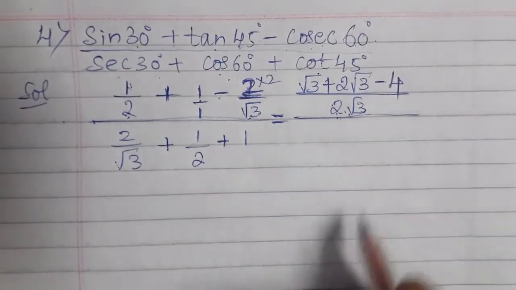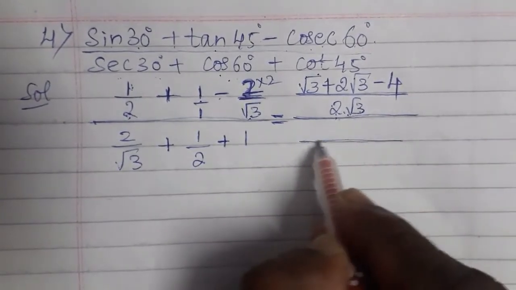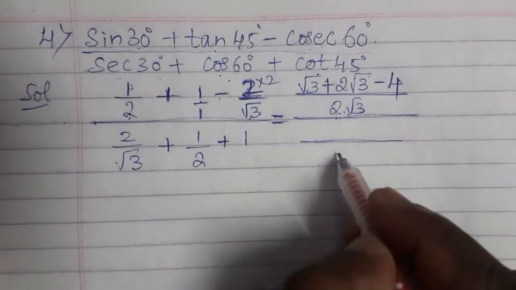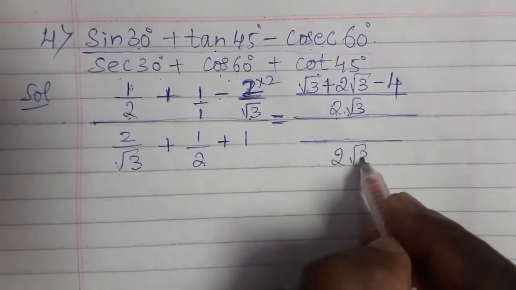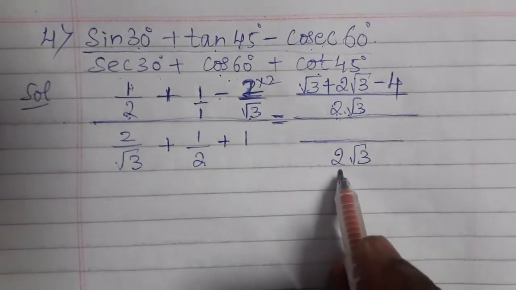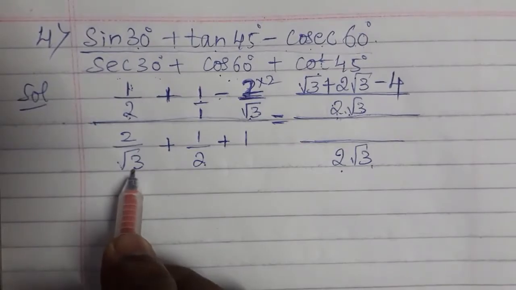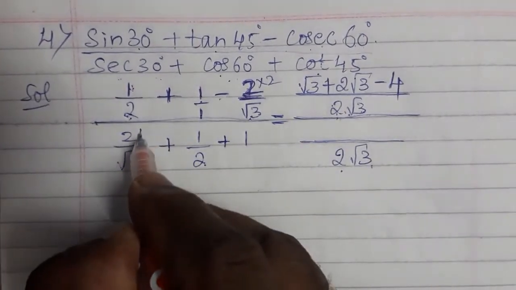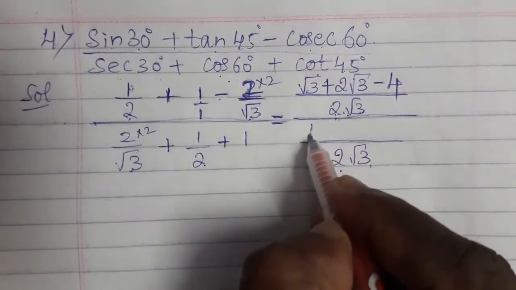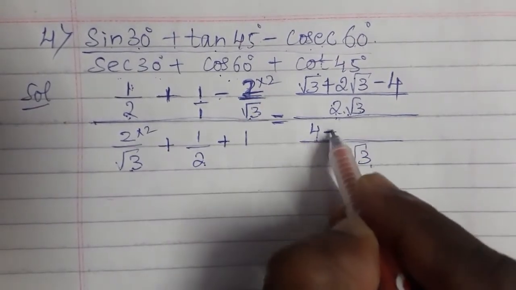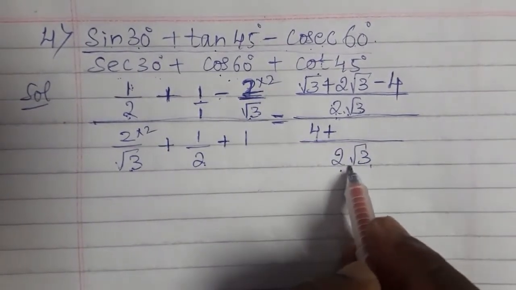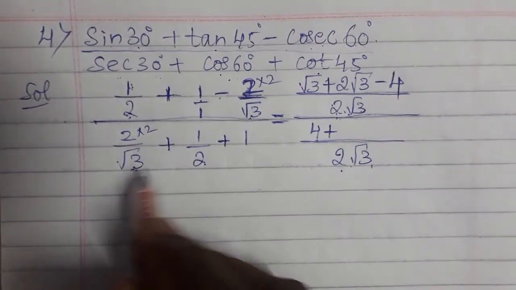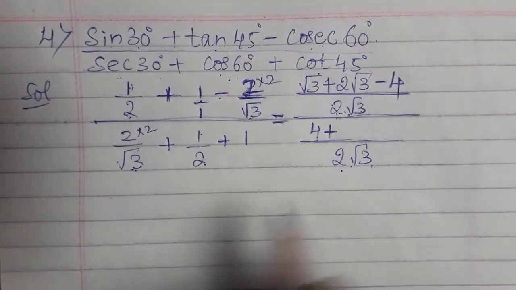Now we'll see in the denominator. Root 3 and 2. So denominator also 2 root 3. Now divide 2 root 3 by this denominator root 3. Root 3 will cancel and you will get 2. So 2 2s are 4. I am using the procedure of LCM. LCM should be divided by the denominators. The answer should be multiplied to the numerators.